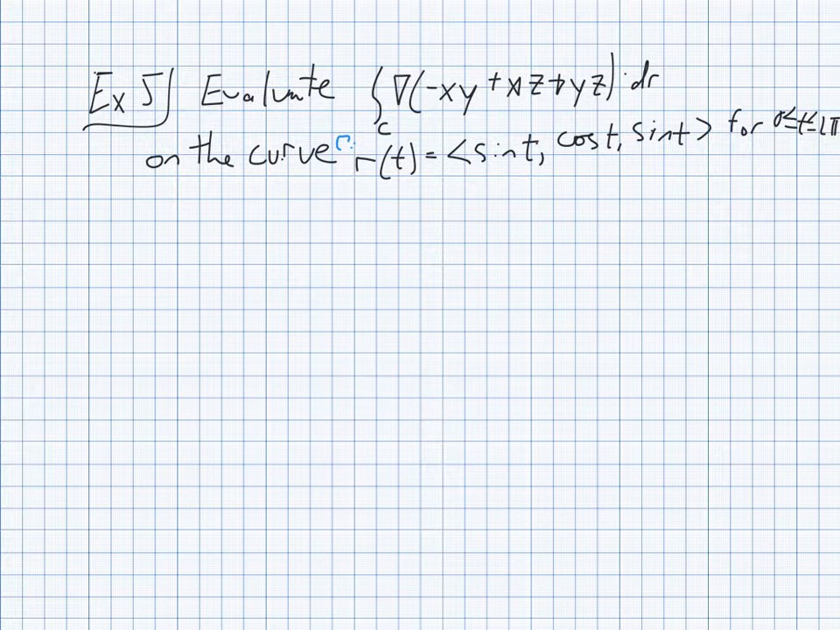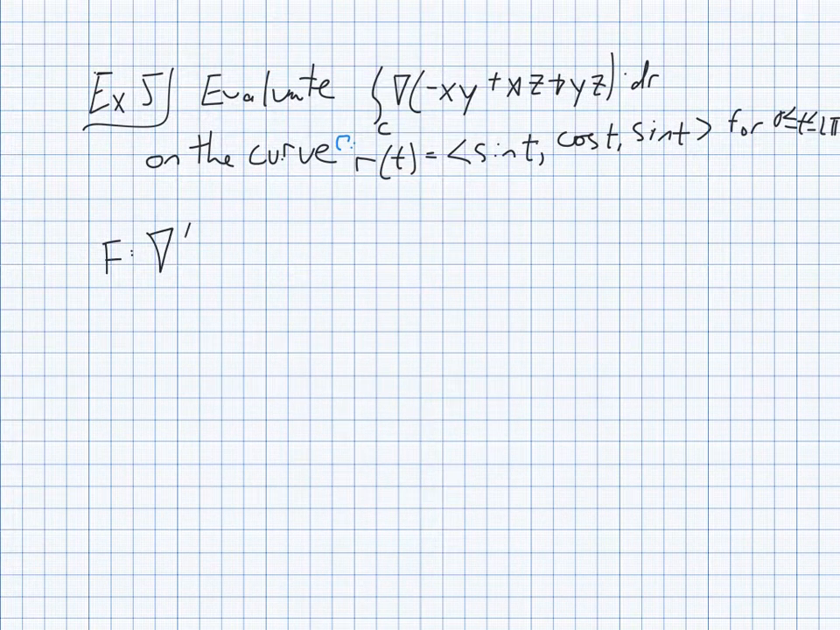But what the example says is without using Theorem 16.4 or 16.5. So we're not allowed to say that it's 0, done. We actually have to evaluate the integral. So what we'll start with is our vector field f, and our f is equal to the gradient of